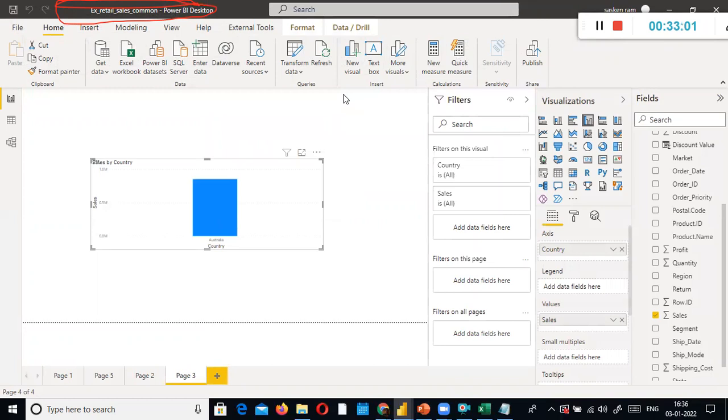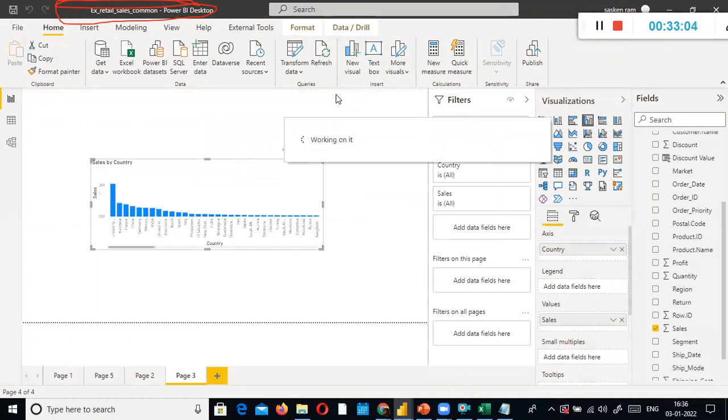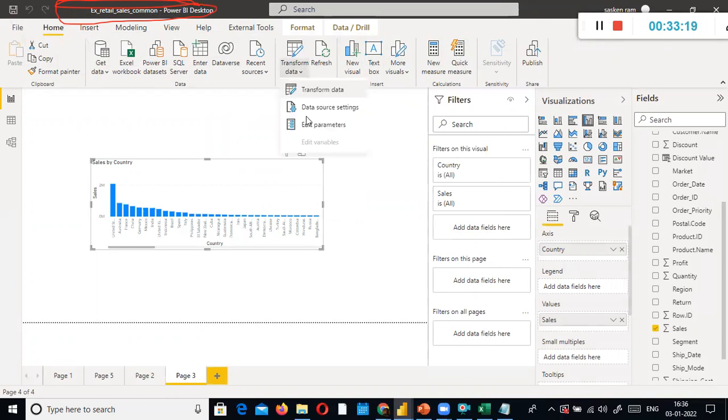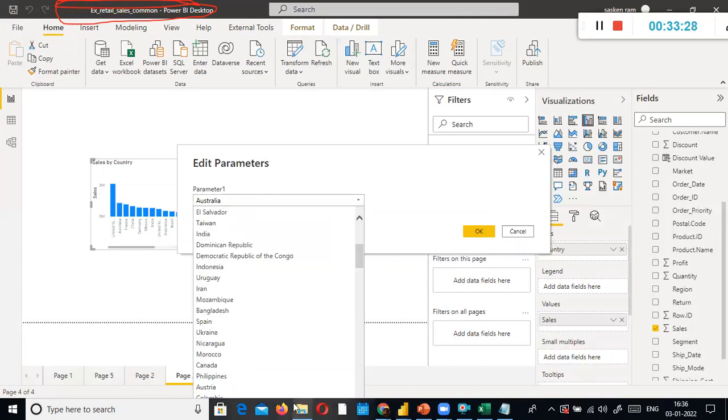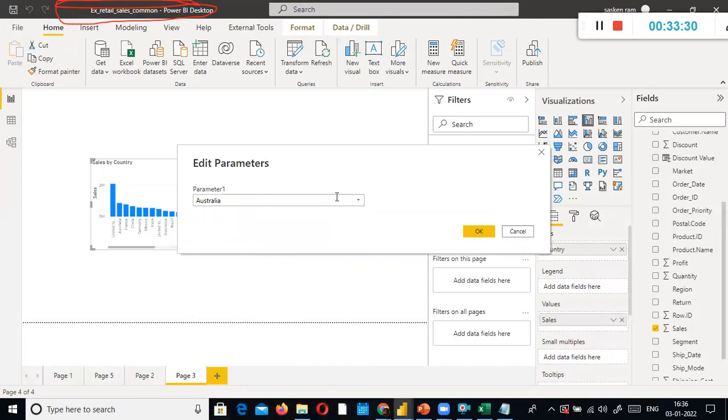In the first option, you remember, I can enter only one country name at a time. If I want to view every other country, I need to type the country name each and every time. Now I go to edit parameter, and it will show all the countries here. I don't have to type each and every country name.